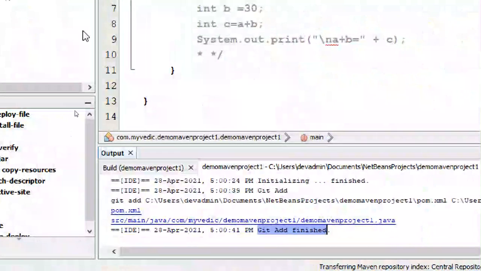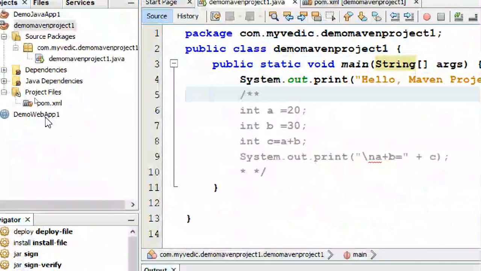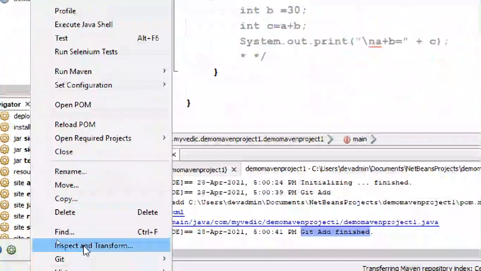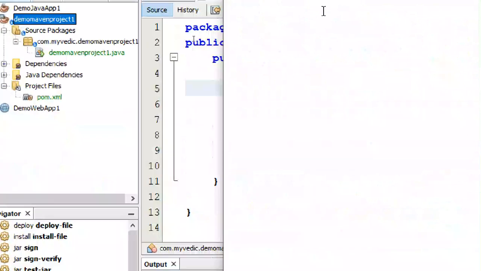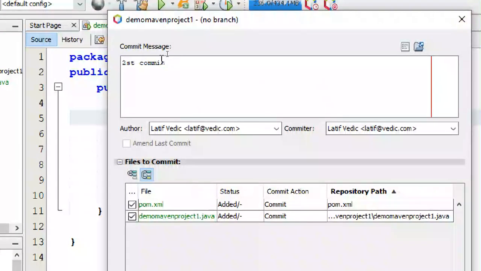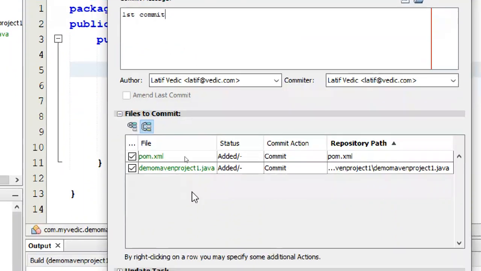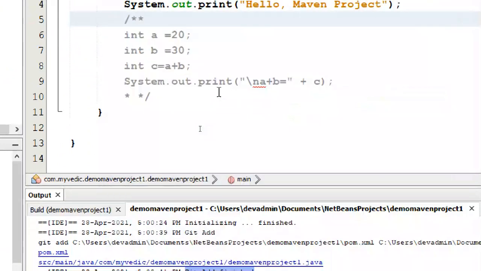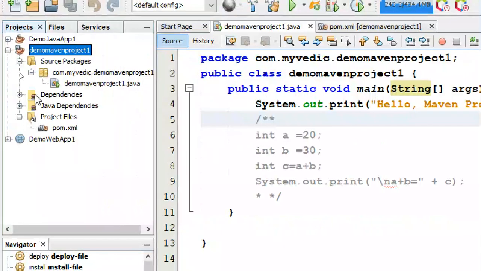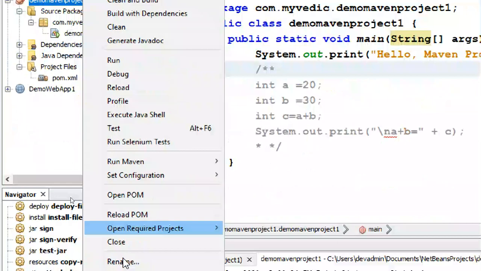Okay. Now add is finished. Commit. So Git, go to commit. You can give any commit message. So my first commit, anything. First commit. These two files are only there. So commit. Commit is completed.